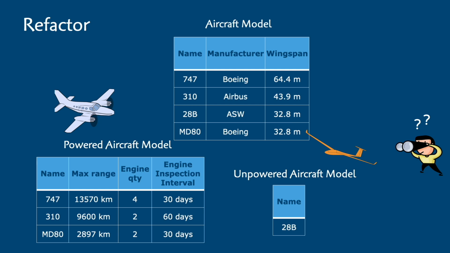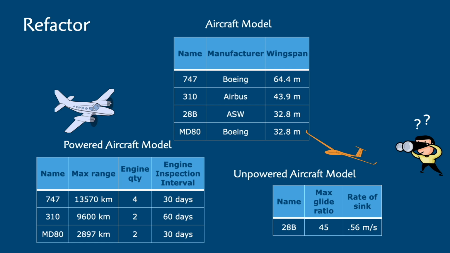That said, lonely tables like this have a way of expanding once they've been exposed. I mean, your discomfort forces the question, are there any such attributes peculiar to unpowered aircraft? How about these two? Assuming those are legit, our reclassification forced us to think more deeply about our system. It may have forced us to go back to the subject matter experts for clarification. That's all part of the magic of forcing our data into a formalism as we model, instead of just drawing class symbols.